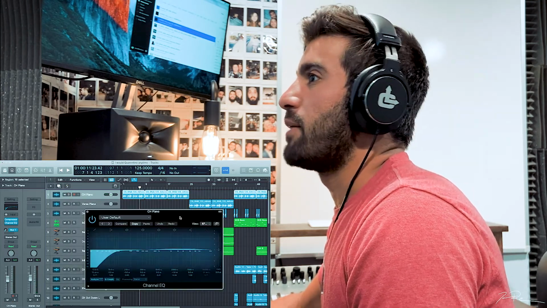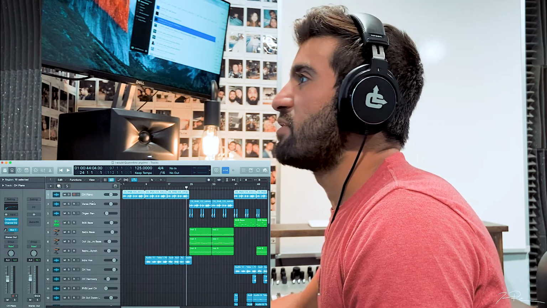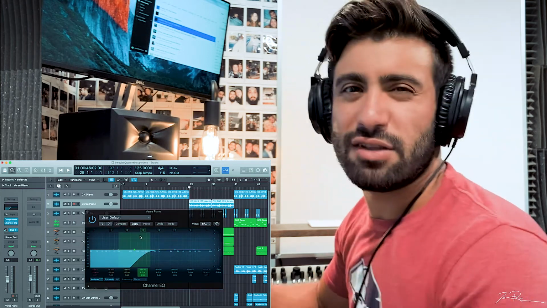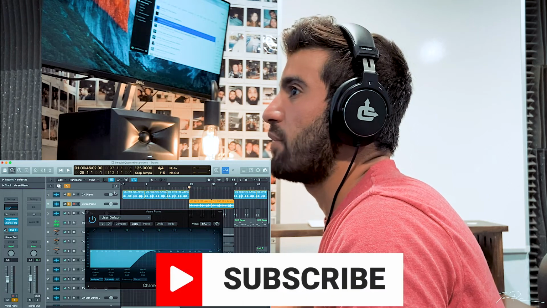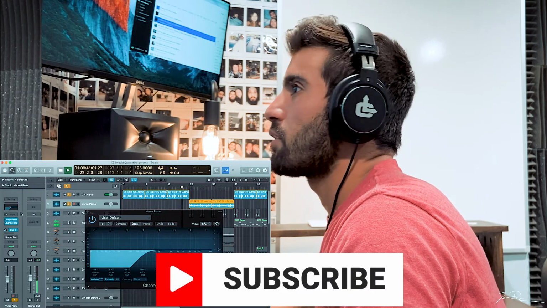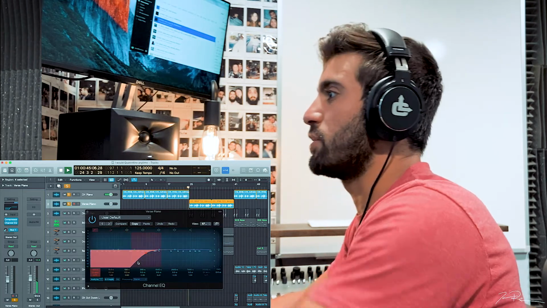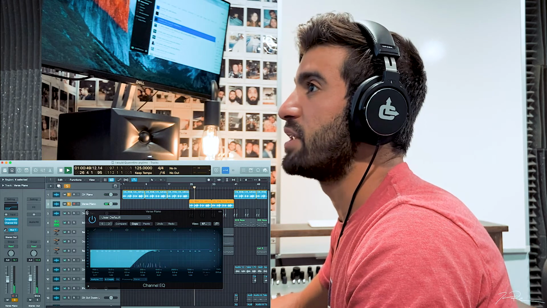Got a little bit of EQ going on, taking out a little bit of the low end. And what happens later in the verse is the same exact thing, only I take out a lot more of the low end, so it gives a little more room for the bass to show through. So this is the first version without that. And a little bit of compression going on. Now this is verse one coming in right here with this EQ.